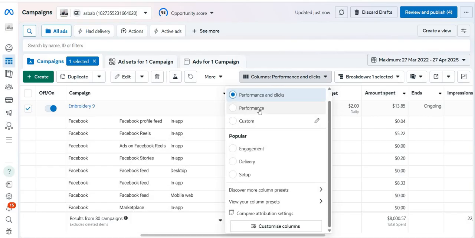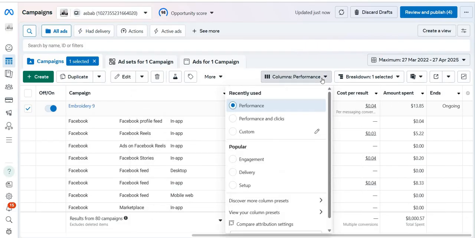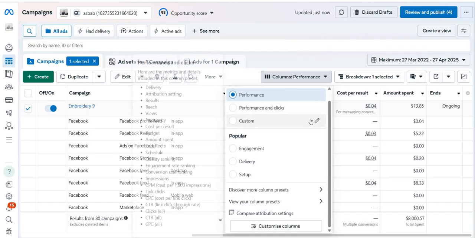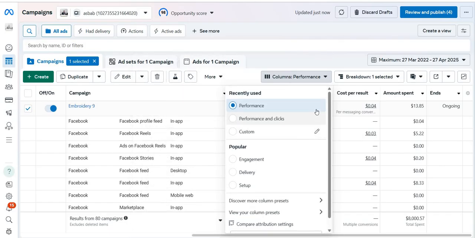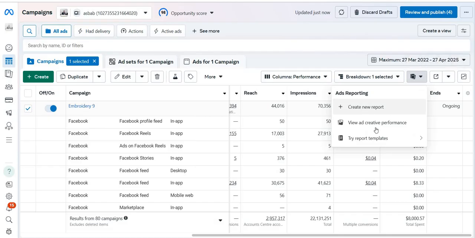engagement, performance metrics. So we can say that delivery. Here you can see the performance metrics, and we can make it custom also. So performance. So here you can create a new report and give creative performance. So if you see the performance report of that campaign,